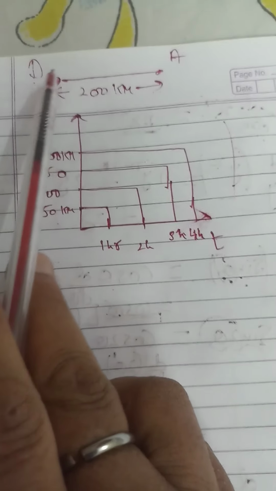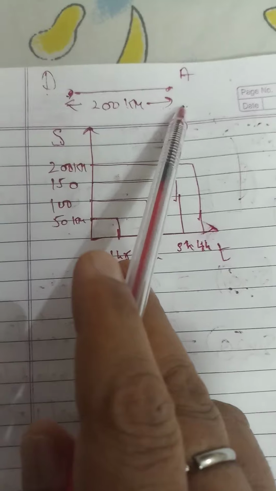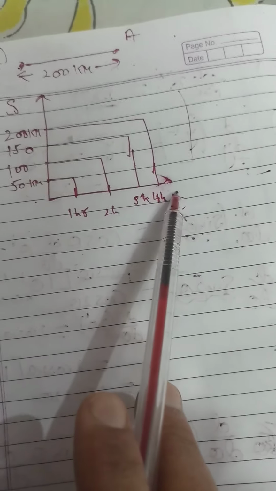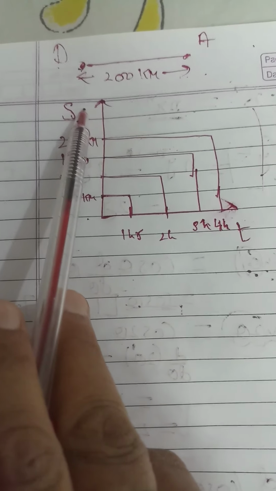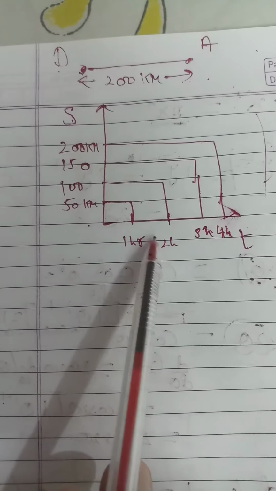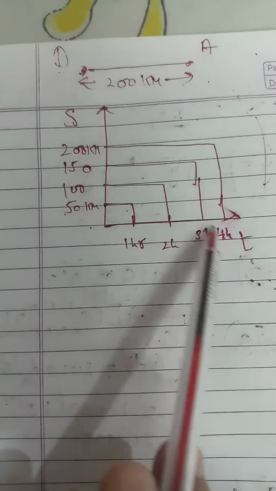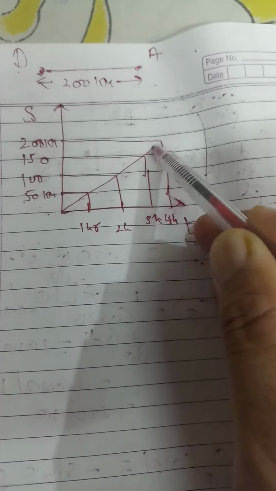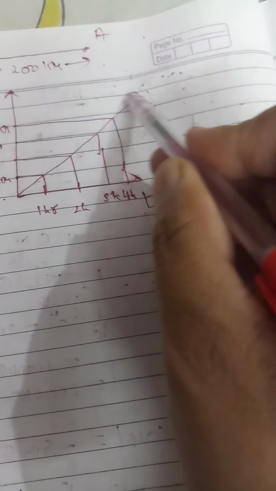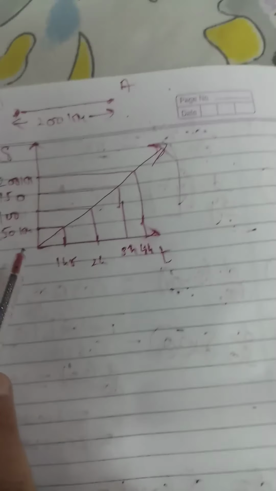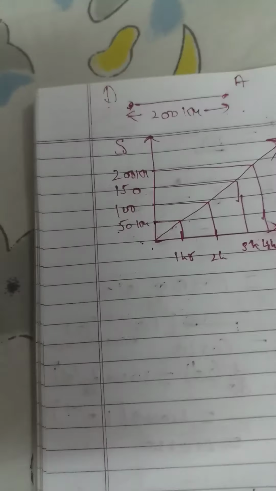Again I am repeating, this is the distance which I have covered from Delhi to Agra. Distance was 200 kilometers. Time I have plotted on the time axis, distance I have plotted on the y axis. In 1 hour you covered 50 kilometers, in 2 hours you covered 100 kilometers, in the third hour you covered 150, and in the fourth, last hour, you covered 200 kilometers. So if I draw this line, it will come somehow straight, and this is known as uniform motion. When a body covers equal distance in equal intervals of time, it is said to be a uniform motion, and the same is uniform speed.